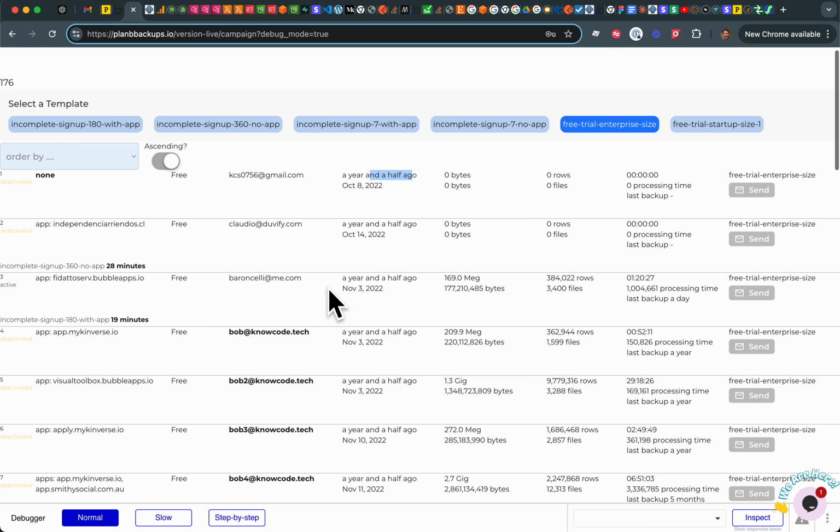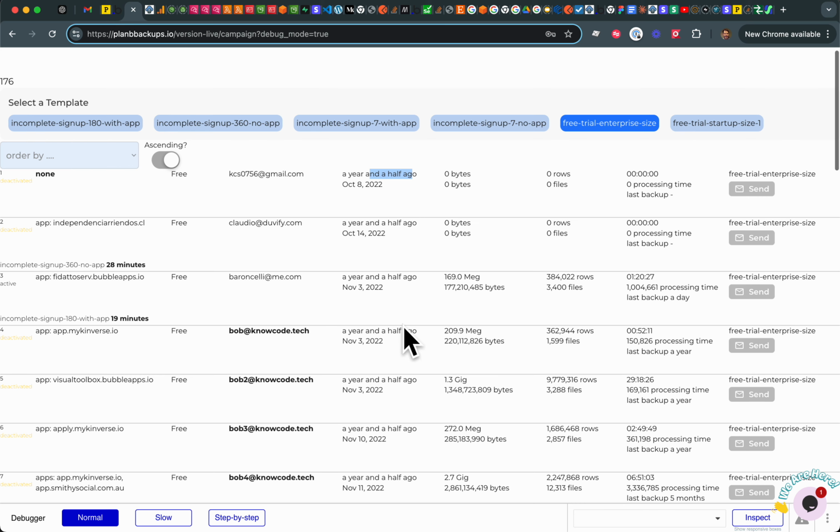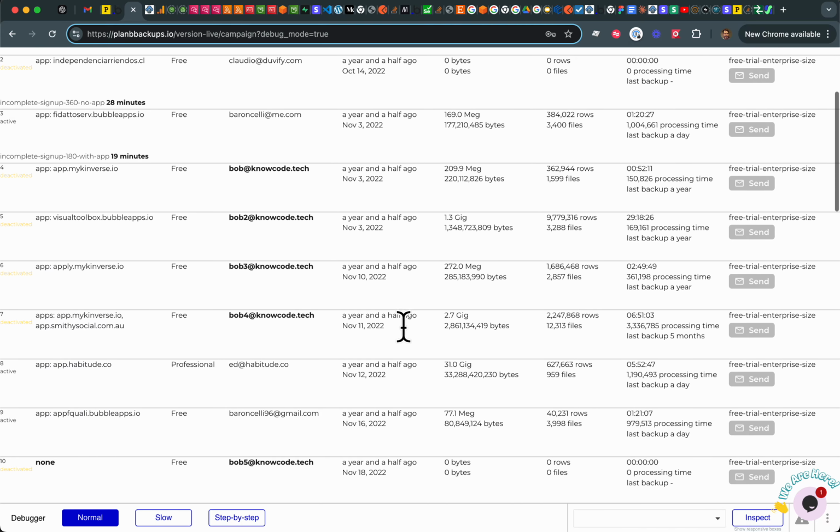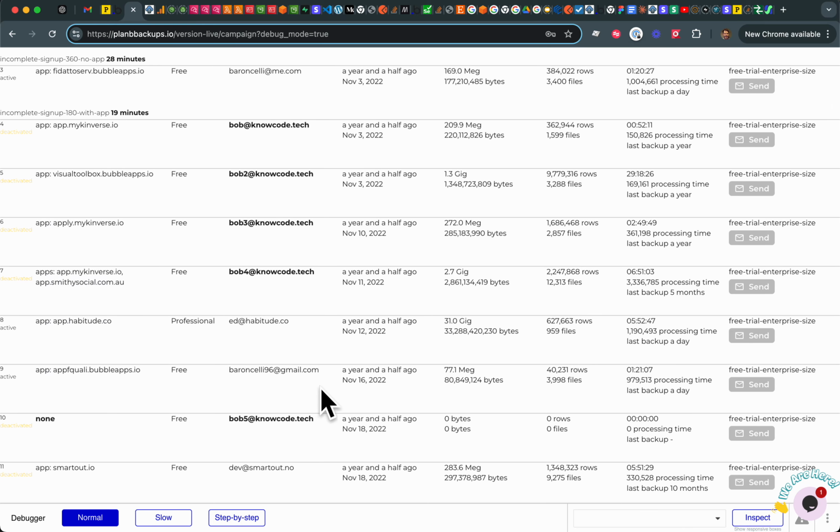This is the application I've built to do the campaigning. So here's all the accounts, and then I look at each account and I'll decide what I want to do. So for this user here, they've been backing up for a long time. I've done quite a lot of files. So I'm deciding to send them